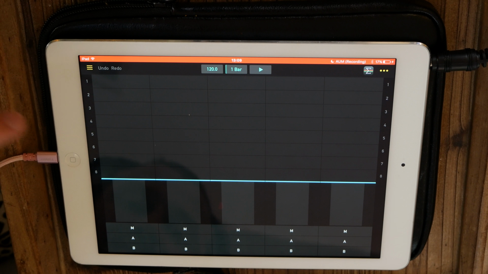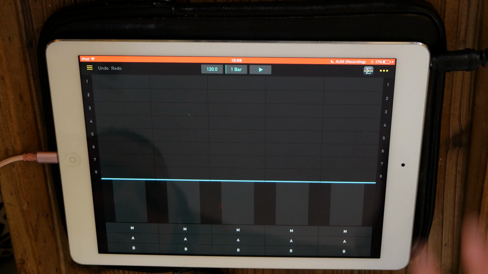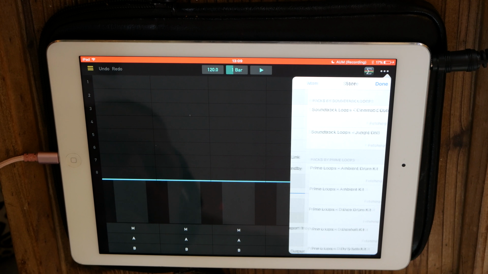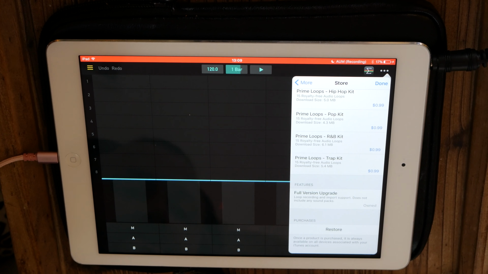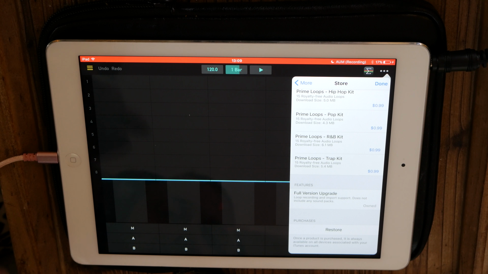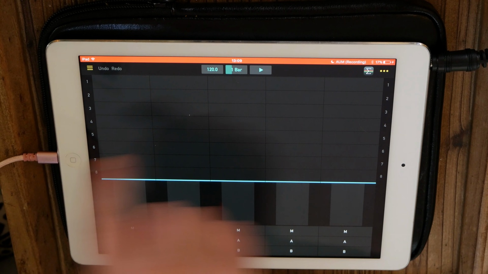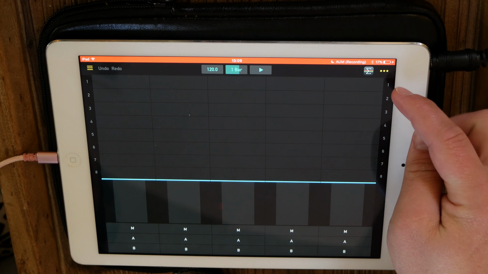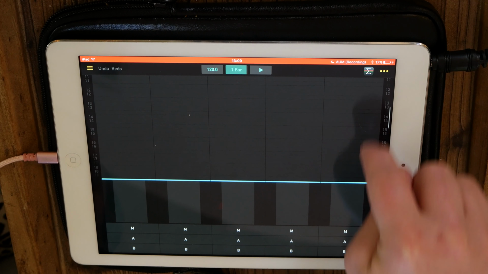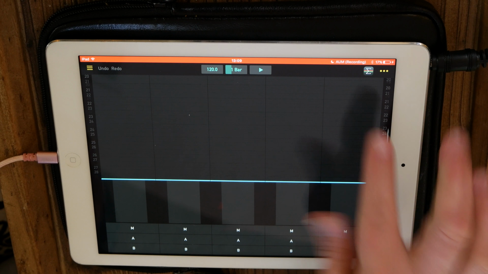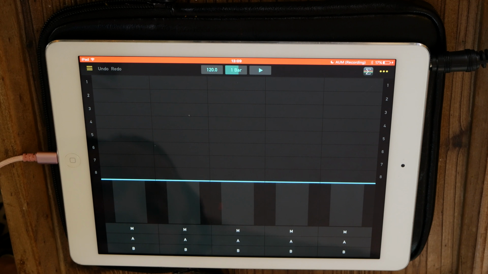If you have not seen it, it is free to try, and it comes with some samples, and then you can purchase other sample packs going under the store. But if you want the Pro version to be able to use your own samples, record in, and everything, then it's a $9.99 in-app purchase, which is not too bad of a price for 5 tracks or columns of 40 different samples. So each of the 5 tracks has 40 samples, and that's 200 samples. That's a lot,